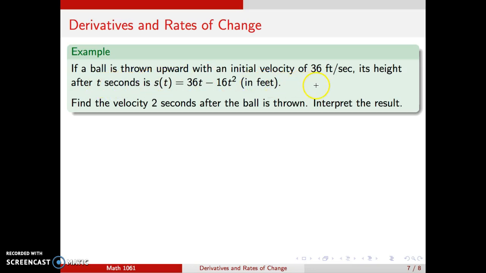So if a ball is thrown upward with an initial velocity of 36 feet per second, its height after t seconds is given by s of t equals 36t minus 16t squared, and that's measured in feet. So we want to find the velocity 2 seconds after the ball is thrown. What that means is we want to find the rate of change of position, the instantaneous rate of change, which is the velocity. So we want to find s prime of 2. All right? And so the way I'm going to do that